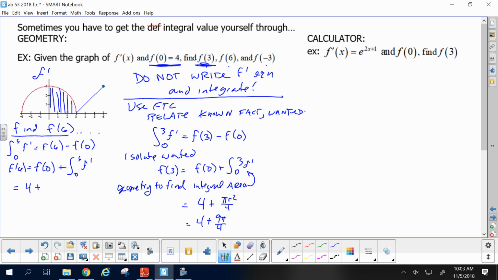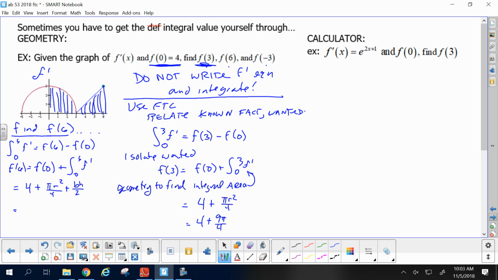So what are the two geometric ideas that we're going to get the area under the curve? 0 to 6, that area is actually going to consist of two geometric figures, right? So I'm feeling like pi r squared over 4 plus